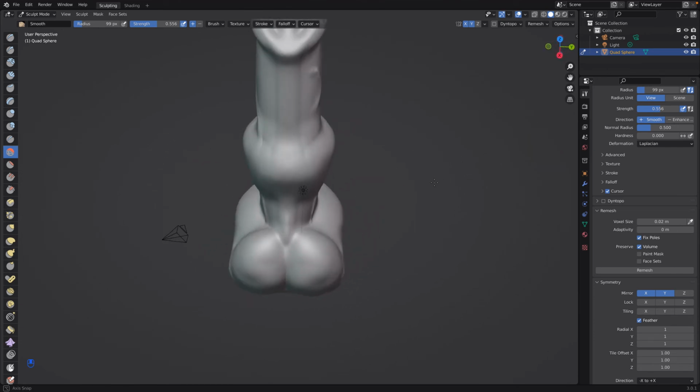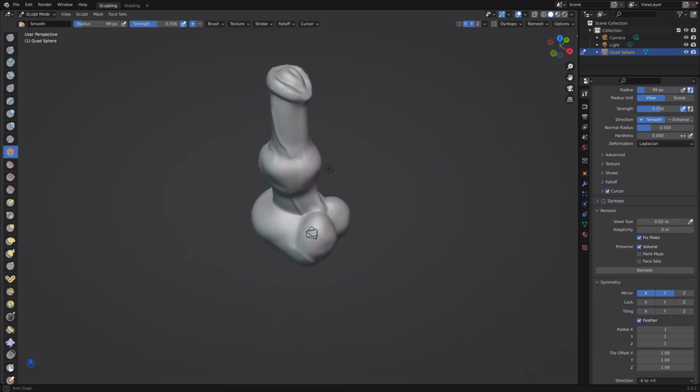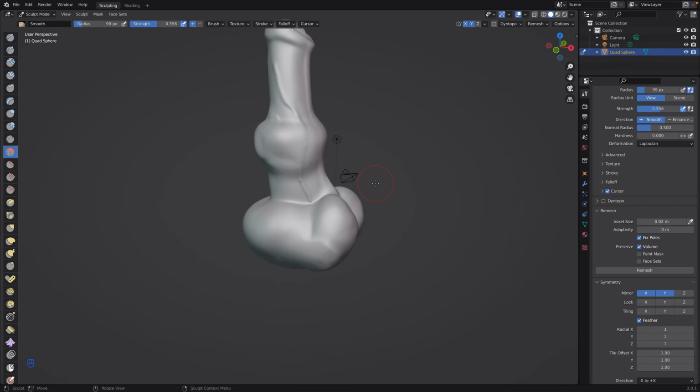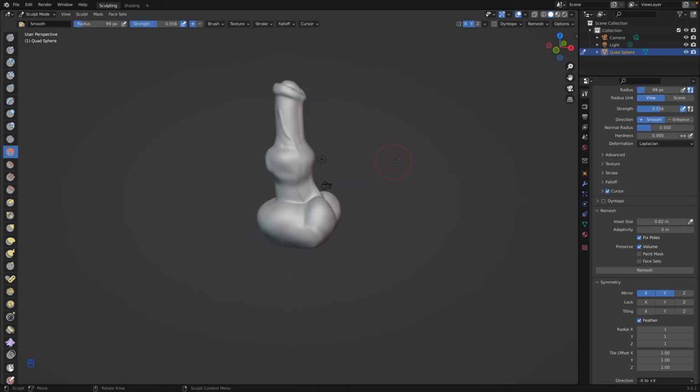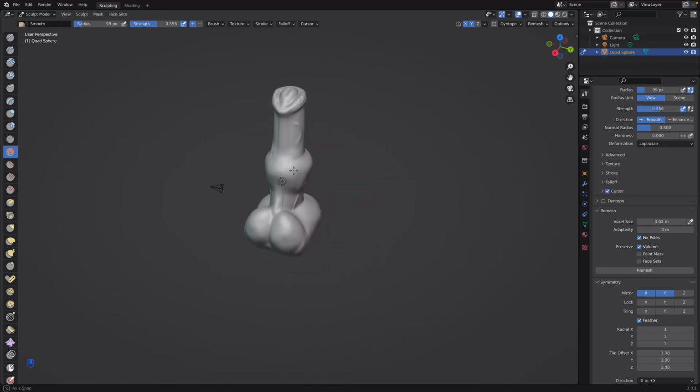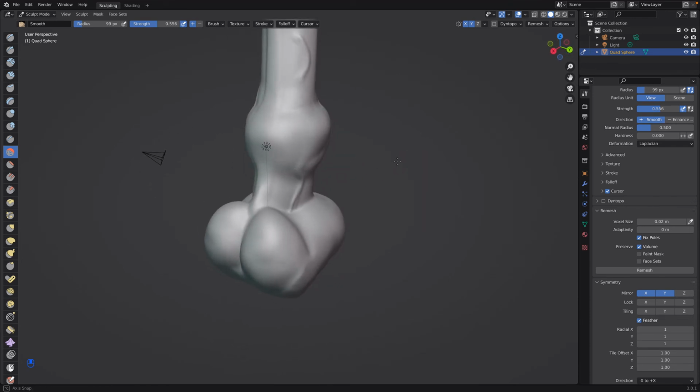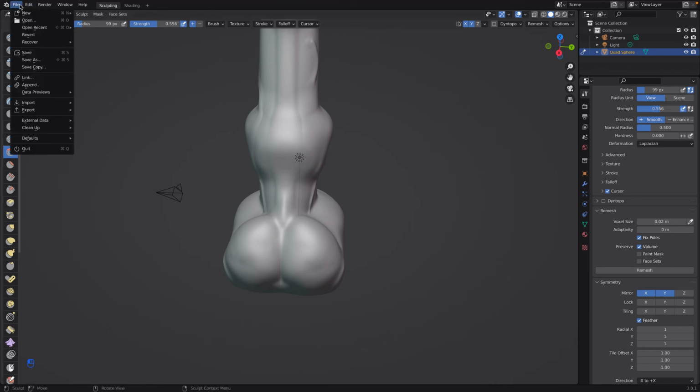And in actuality, looking at it now, I probably would have been better off adding the knot before I added the veins. It would have, because you can see the urethra here got deformed and everything like that. So if I decided that was something I wanted, I'd be good. Given that I don't want to,